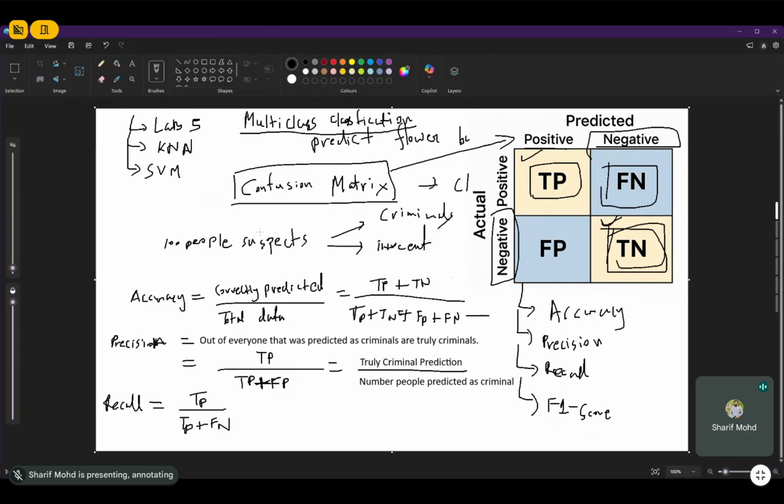Because of those who are true positives and false negatives, meaning those I say are not criminals but in reality are criminals, and those I say are criminals, who are also criminals in reality. So out of all the criminals, the total number of criminals actually,